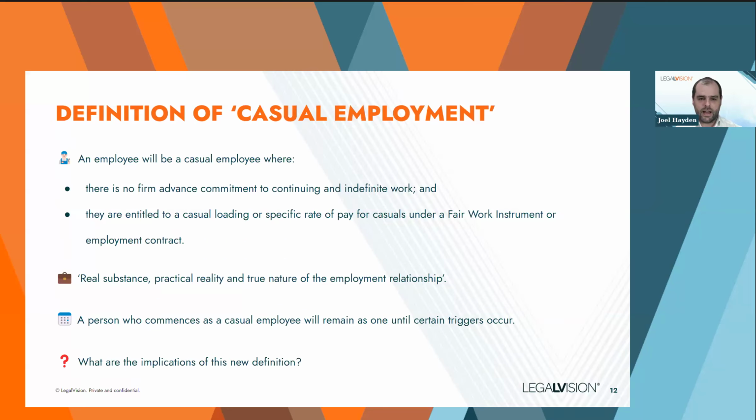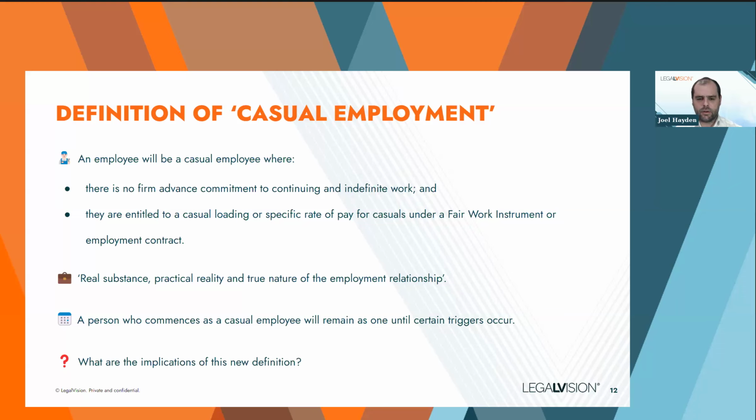Thanks, Joel. But as I was saying, there are 4 recent and very important changes to laws relating to casual employees. These changes all occurred as a result of the second tranche of the Closing Loopholes Bill and amended the Fair Work Act to include a new definition of casual employment, changes to casual conversion provisions, providing a new pathway for permanent employment for casual employees, restrictions on dismissing permanent employees to engage them as casuals under the general protections, and extended obligations in relation to the provision of the casual employment information statement to casual employees.